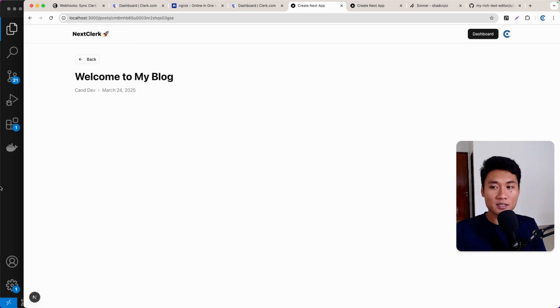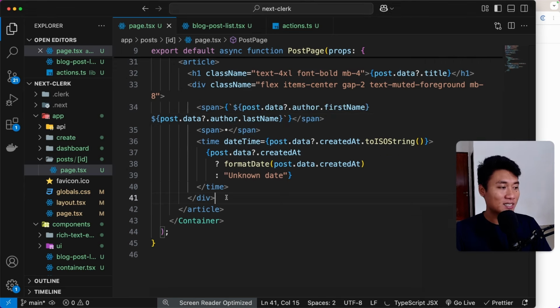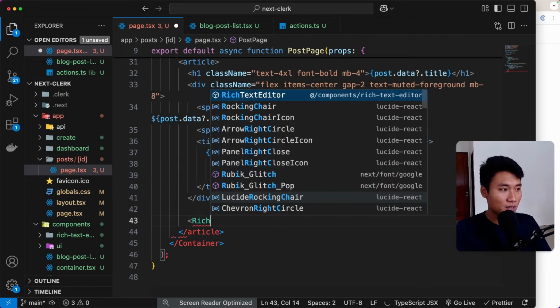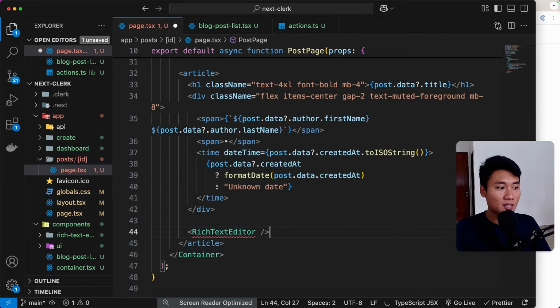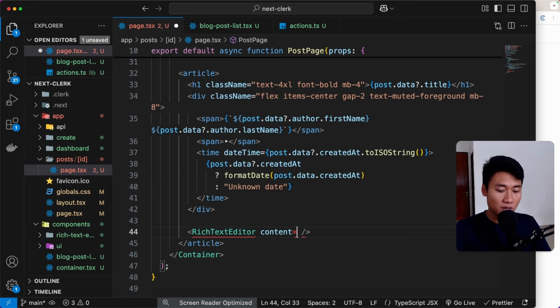Okay, looks nice. So now the question is how we can render the HTML content right here on the detail with all the styling that we write on the rich text editor. So anyway, we are going to use rich text editor. So here, still inside the article tag, I'm going to render the rich text editor like this. And we have to send the content. Okay, so the content is going to come from the